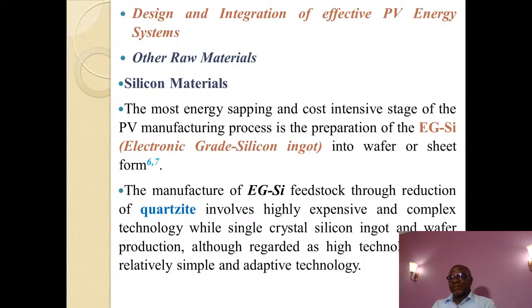It is not a technology we can start describing here because it is not common. Only a few countries or only a few companies with huge resources available to them can develop the clean room that can produce this electronic grade silicon ingot. So you can go to my reference 6 and 7 if you want more information on how this EGSI ingot is developed. So the manufacture of this electronic grade silicon ingot feedstock through reduction of quartzite involves highly expensive and complex technology,